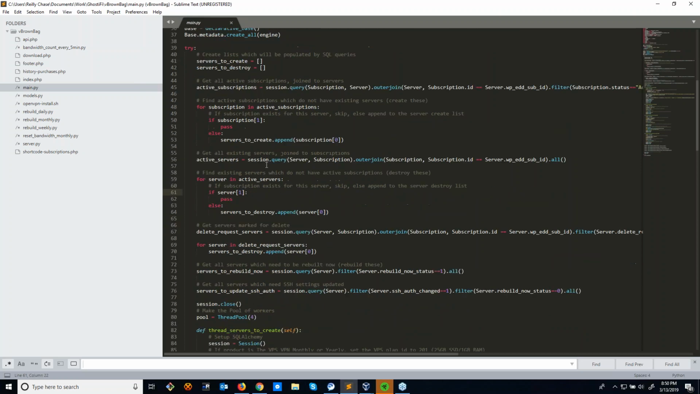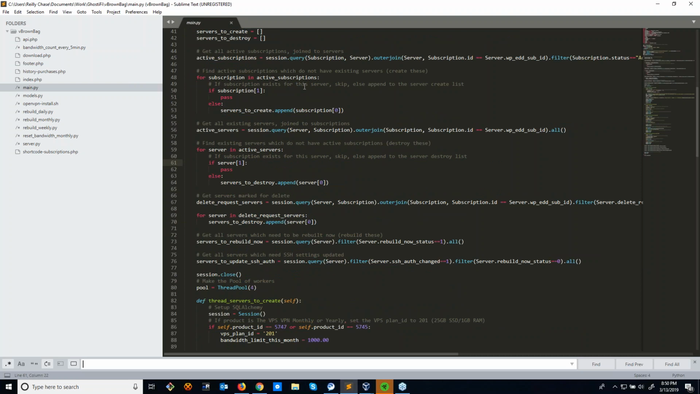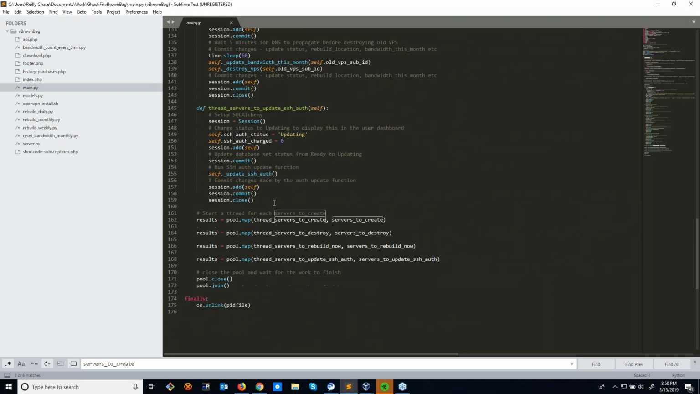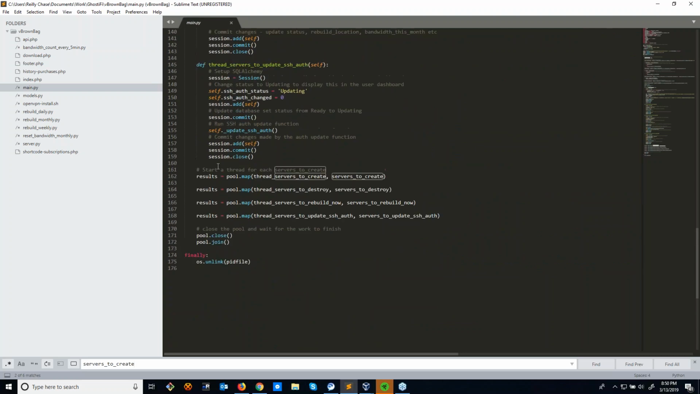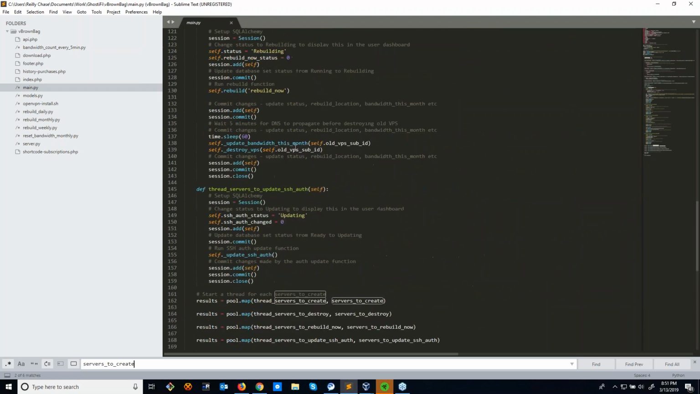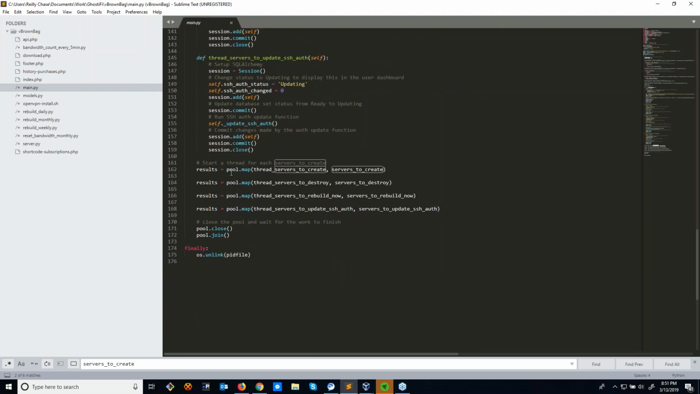So it's going to create the server. This is a list of servers that need to be created. So let's see where else it mentions that. So the next time it mentions servers to create is right here, actually. So these are functions, so these aren't actually running until they get called. They're just sitting there. So down here, results. So this is where I start spawning threads. So one thread for each